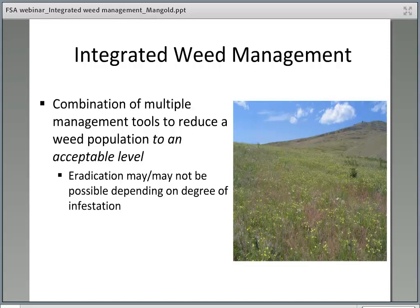And I think this is something we sometimes forget when we're dealing with noxious weeds, because we want to get rid of every single one that we have. But we really do need to understand that one very important component of integrated pest management is reducing a pest, in this case weeds, to a level that we can live with and that it doesn't interfere